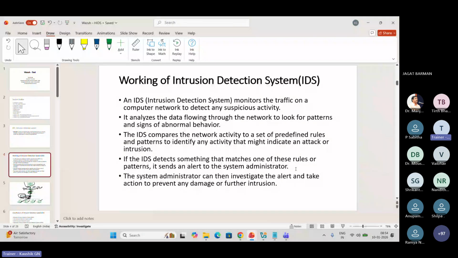That signature is compared in the software. If the attack comes again, the signature, that is the hash value, will be matched. If it matches, then VirusTotal or the software will block it.